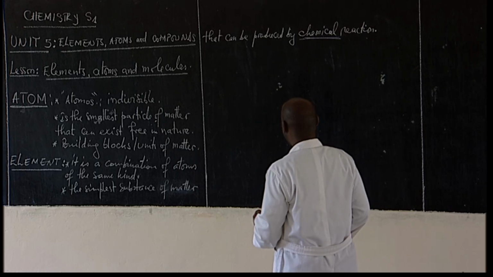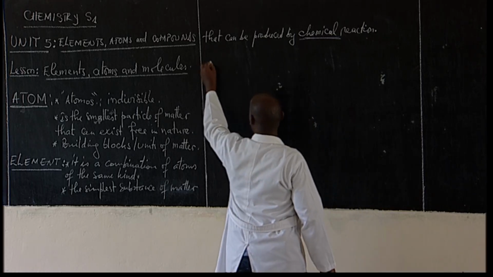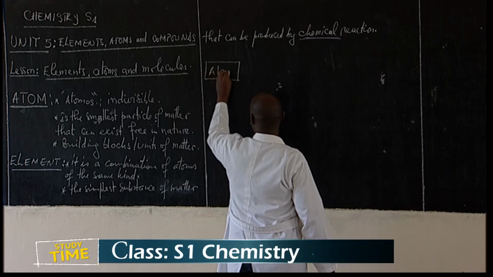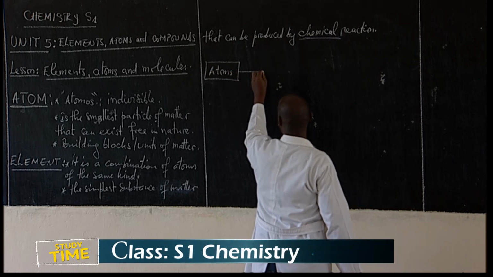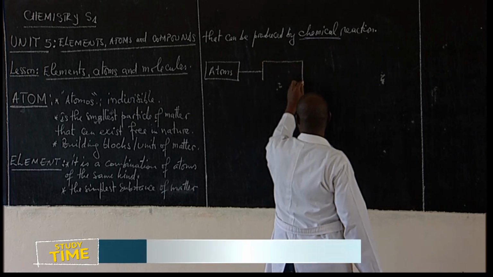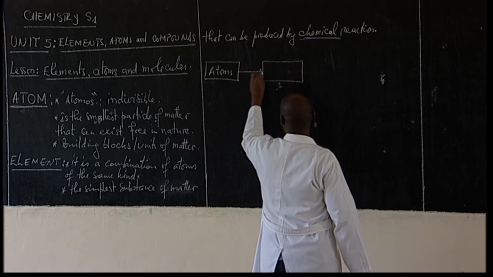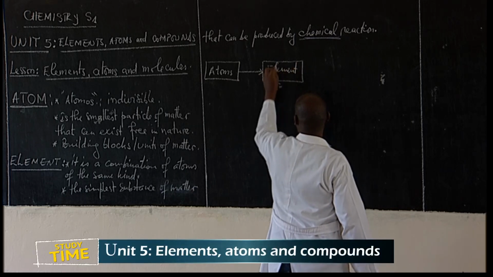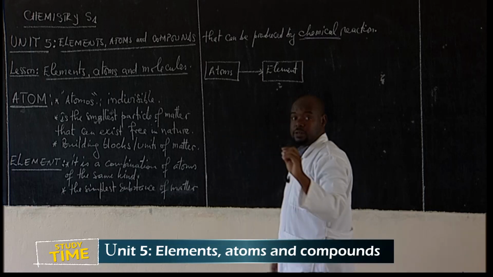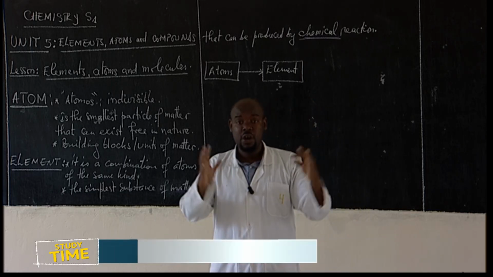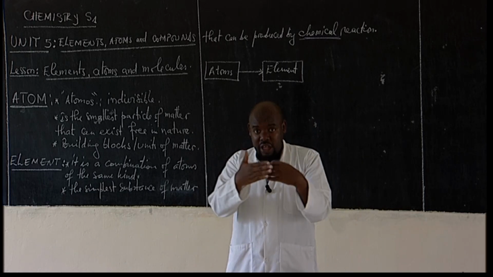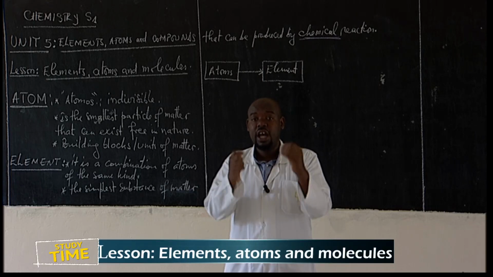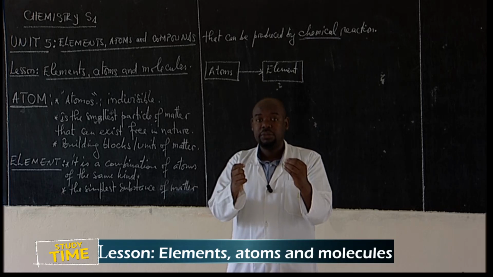as a summary, we start from the atom, which is the smallest, and many atoms, when joined together, give what? They give an element. Many atoms of the same kind. Remember, it's many atoms of the same kind. When they are joined together by chemical means, they give us an element. Now,